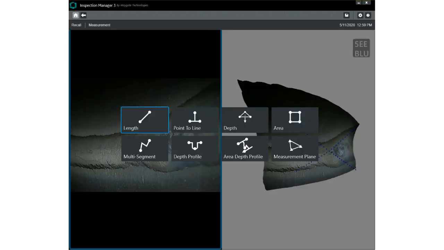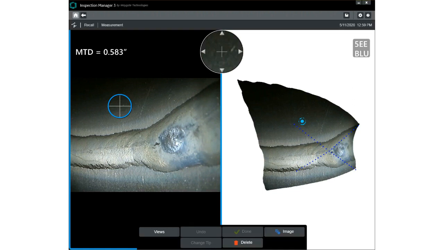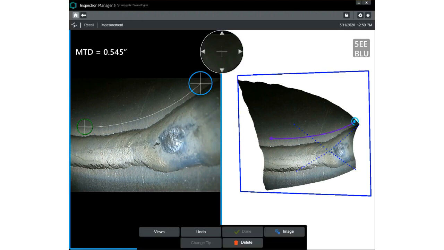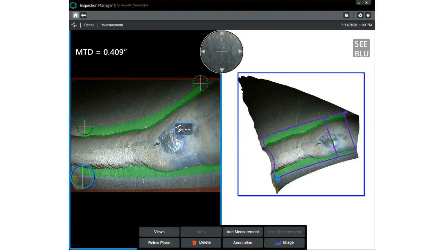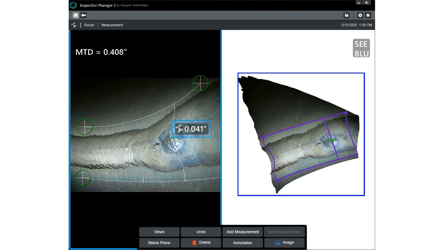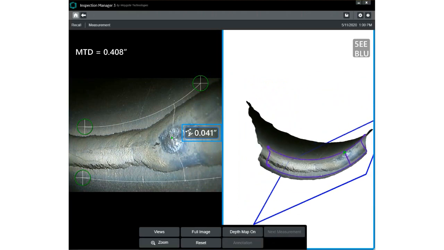Let me place an area depth profile where if I place cursor 1, and notice this one does have a crosshair. This is establishing one end of a plane, and this is establishing the other, and that plane is actually following the profile of this radius. And when I drop the third cursor on this side, then I can evaluate it. I notice that I'm catching some of the toe, so I can move this down to where I'm not catching the toe, and you'll notice that from this plane above the weld to this plane above the weld, which now are both following the pipe floor,